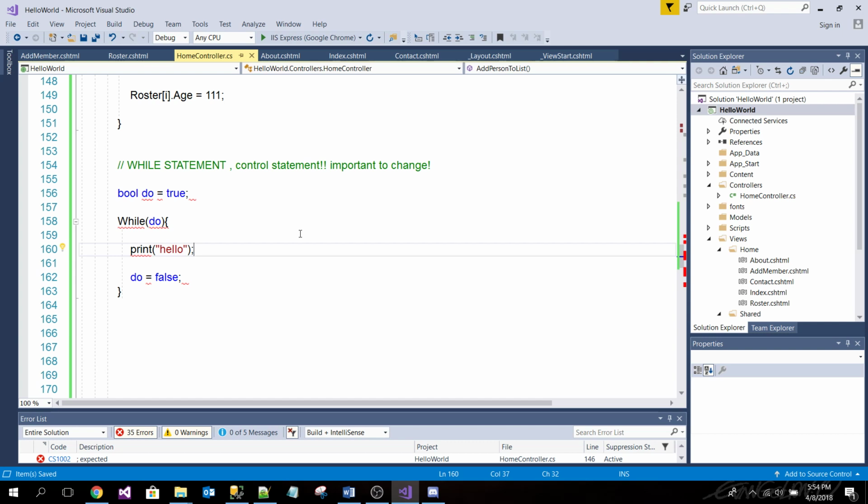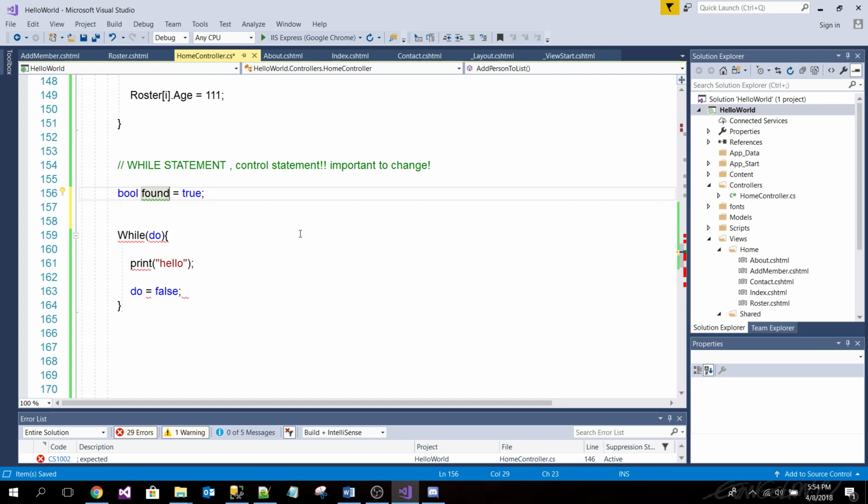So let me give you a quick example, and then we'll wrap it up. Let's say I have a list of a bunch of dudes, or girls. Found equals false.